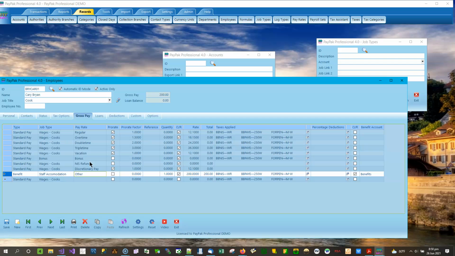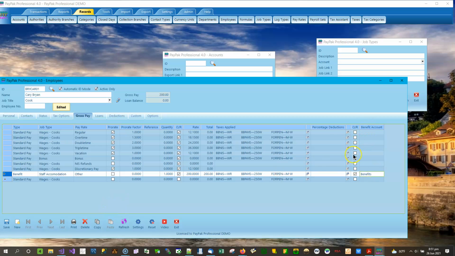So a credit of $1,000 to the bank, a credit of $200 going to the benefits account, then a debit of $400, a debit of $600, and another debit of $200 going to staff accommodation. And this account could be whoever the $200 is payable to. Right. So that's that example,